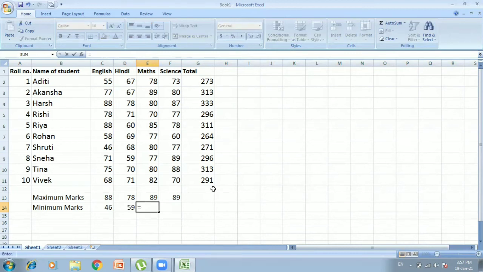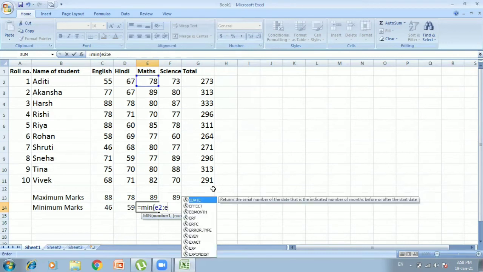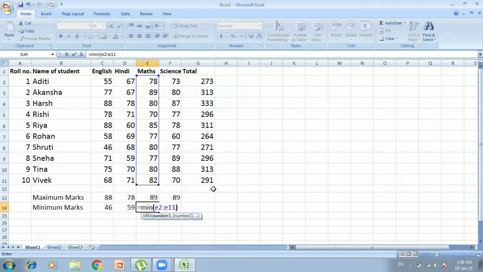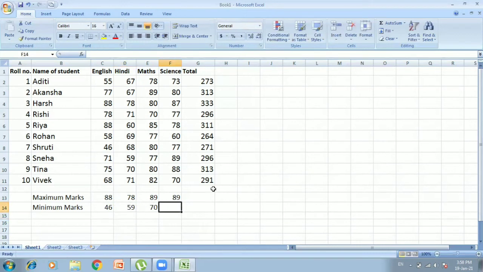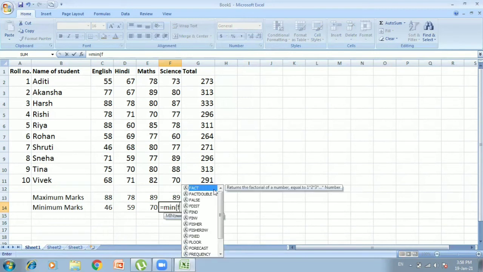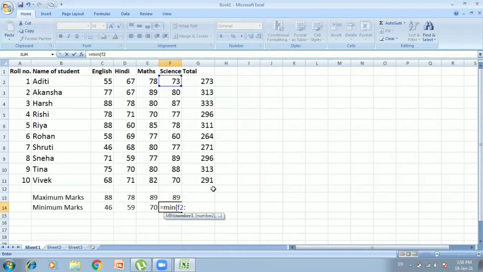For maths, 70, and for science we got 60.